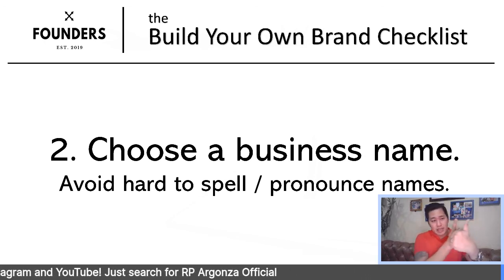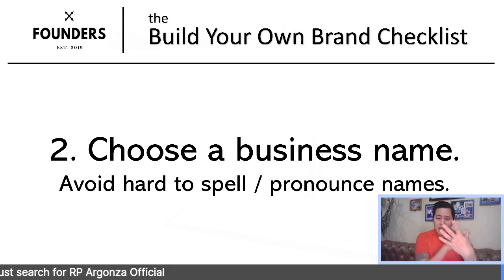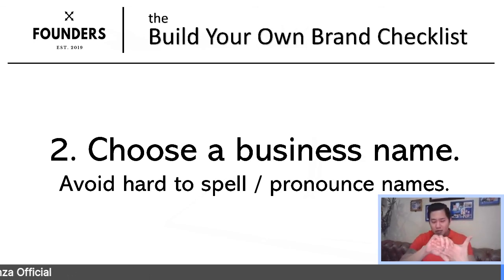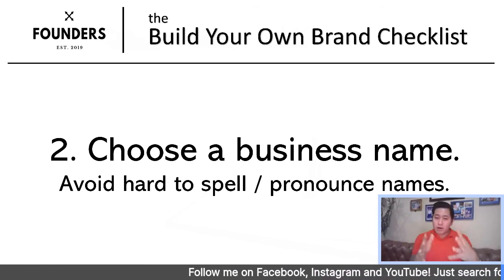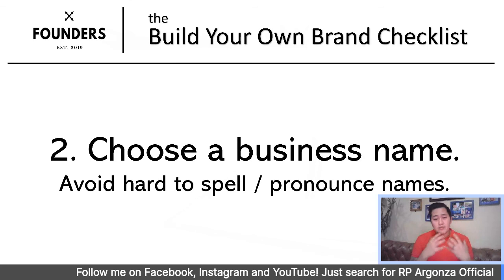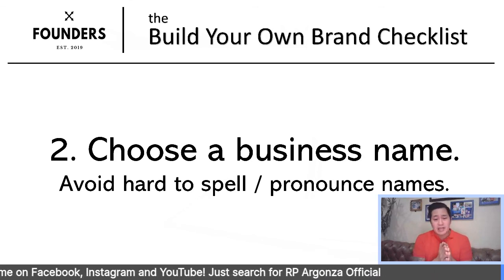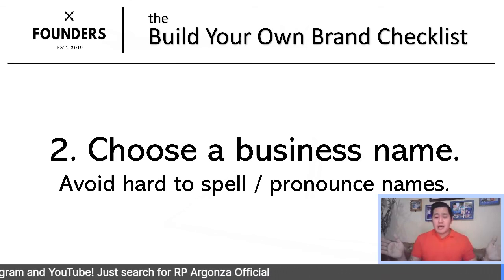So for example, so name number 1 is the name na gustong-gusto mo. Then try to think of 4 other names, alternative names na kung sakaling hindi pumasa to in terms of, let's say, registration or via the focus group nga, meron ka pang ibang option. Okay? And then kung gagawin mo, ilalatag mo ngayon po itong pangalan na to doon sa mga taong tatanungin mo